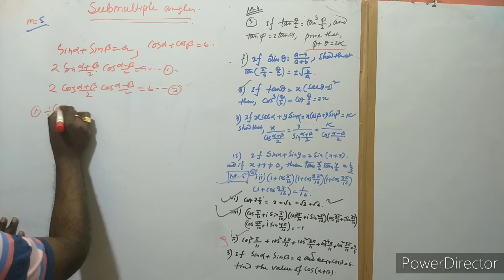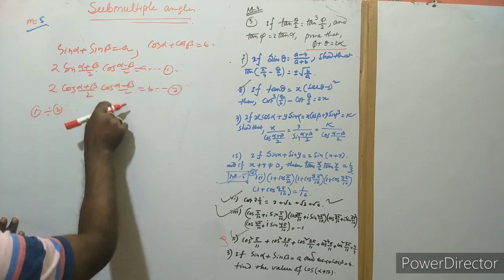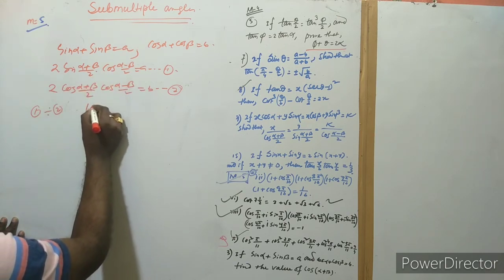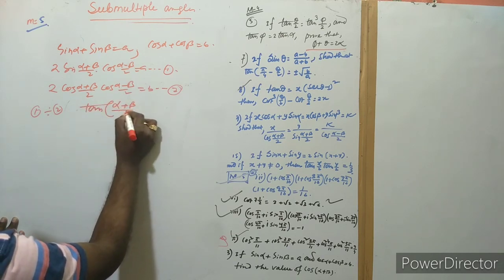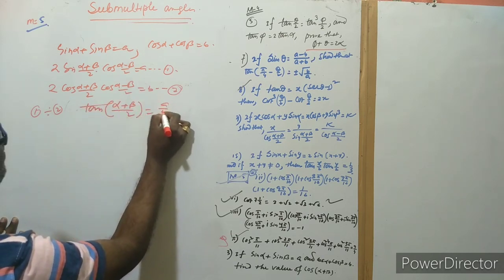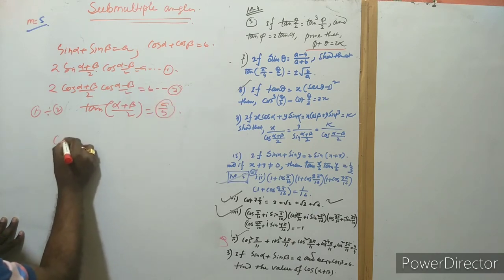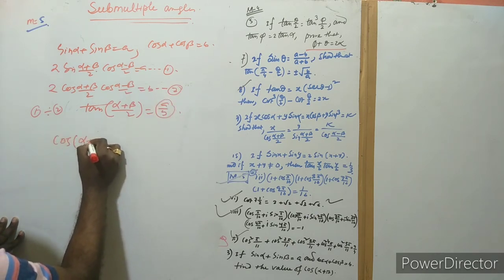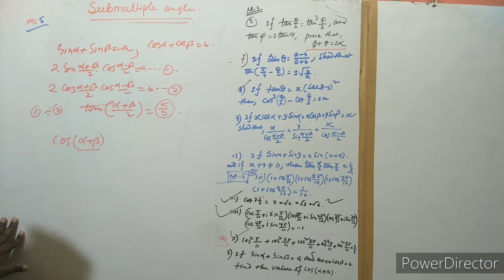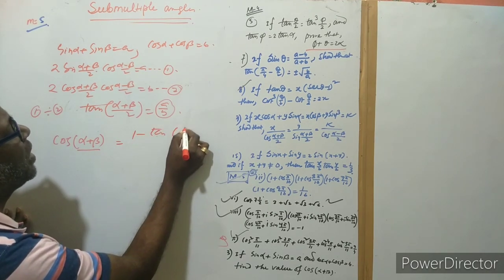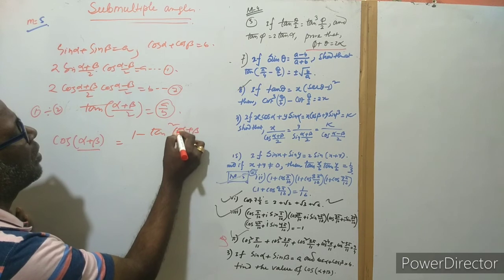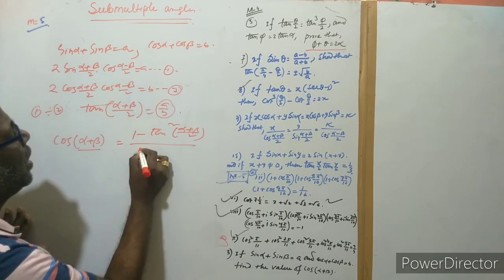Dividing, these are cancelled, and we get a by b as tan of alpha plus beta by 2 actually, and this was my target, because we want to find the value of that. Assume that this is theta, 2 theta, so that is the formula of 1 minus tan square theta. So we can write here 1 minus tan square theta. Theta means here alpha plus beta by 2. So you can easily apply the rules here.